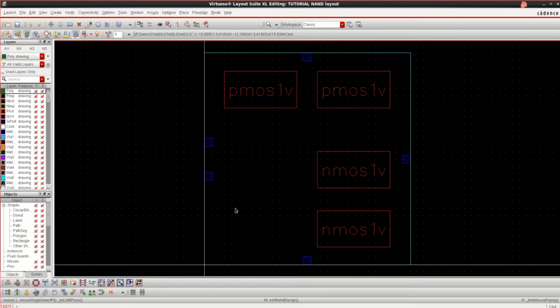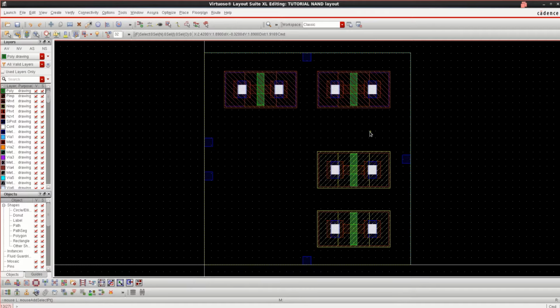Click OK. These are the component palettes and this is the layout boundary area, or you can call it as active area, where the DRC will be performed only within this region. If you are having a PR boundary, that is called placement and route boundary, the DRC will be performed within this area. To see the components, use Shift F.